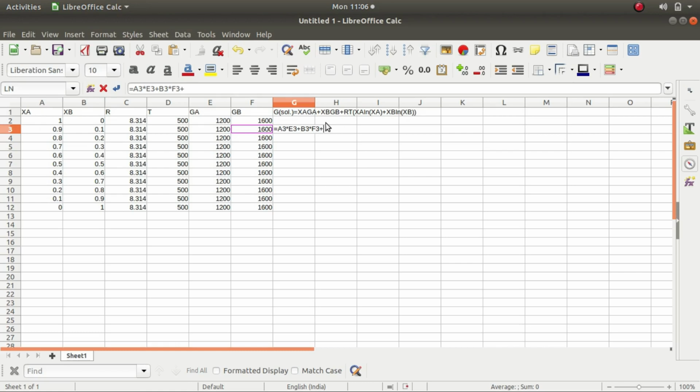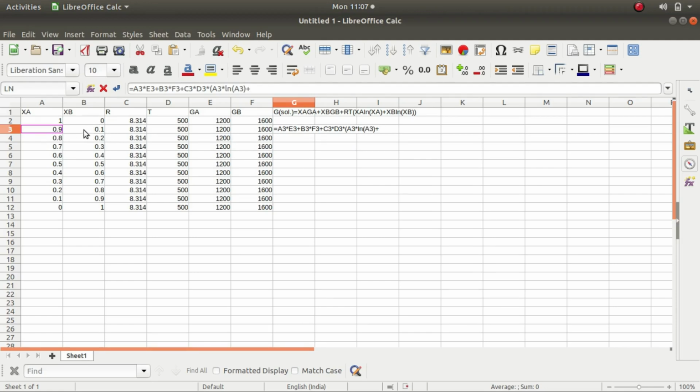Likewise, then the plus symbol and then give xb into gb, plus RT of xa ln xa. Here in small letters enter ln and open bracket, give whatever value you want, close the bracket and carry on the process.